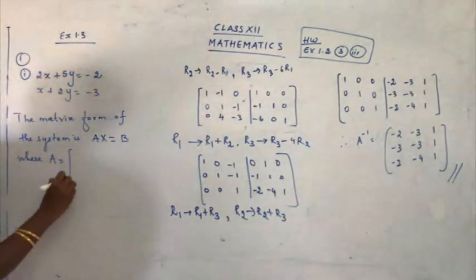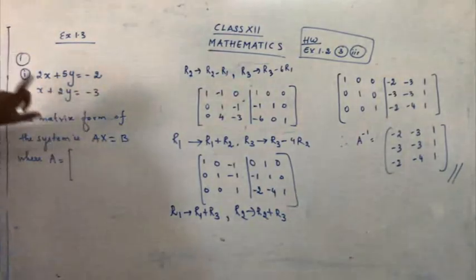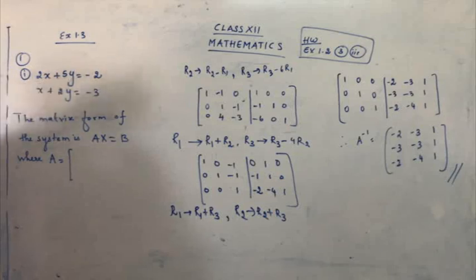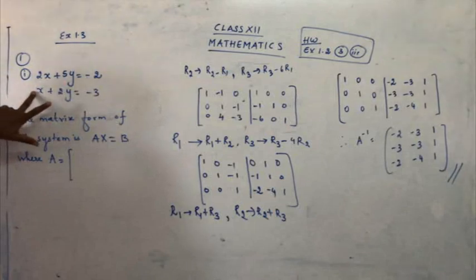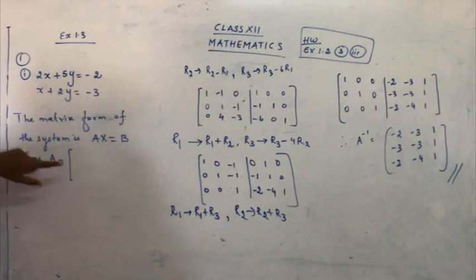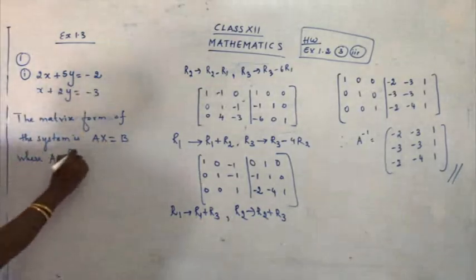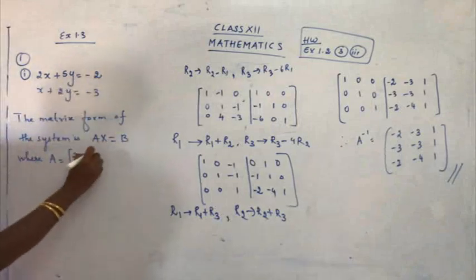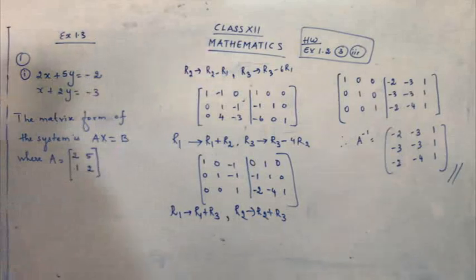A is equal to, what's A? Children, be careful, okay? A is the coefficients of the variables used here. What's the coefficient of the variables? 2, 5, yes. What's the coefficient here? Nothing is mentioned, so don't write 0. It is taken as 1, and then 2. So what's the A value? 2, 5, 1, 2. I got the value for A.